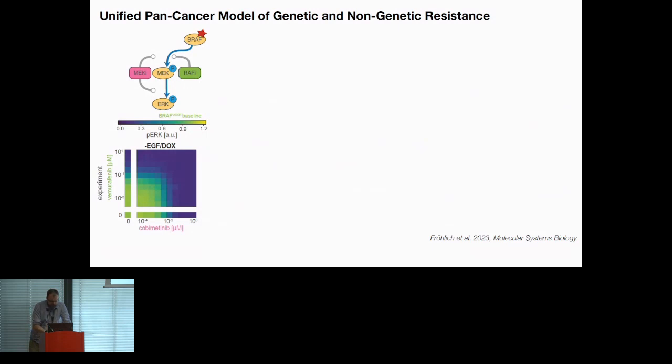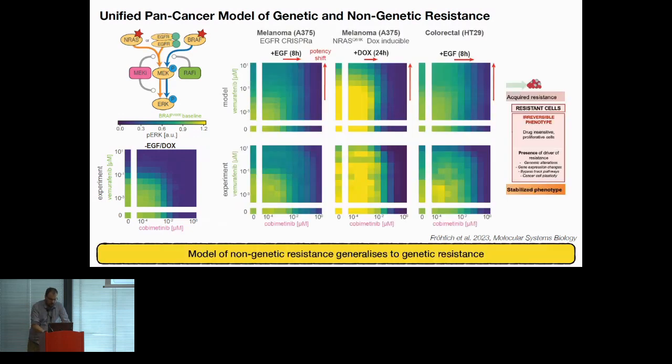And the last thing I want to show you is predictions for drug combinations. Here I'm looking at combinations of the RAF inhibitor on the y-axis and the MEK inhibitor on the x-axis. I'm first showing you this reference where we don't stimulate the system with EGF. And we look at 3 different conditions, and you always see the model predictions on top and the experimental validation on the bottom. And you see overall that there's pretty good agreement between model predictions and experimental data,